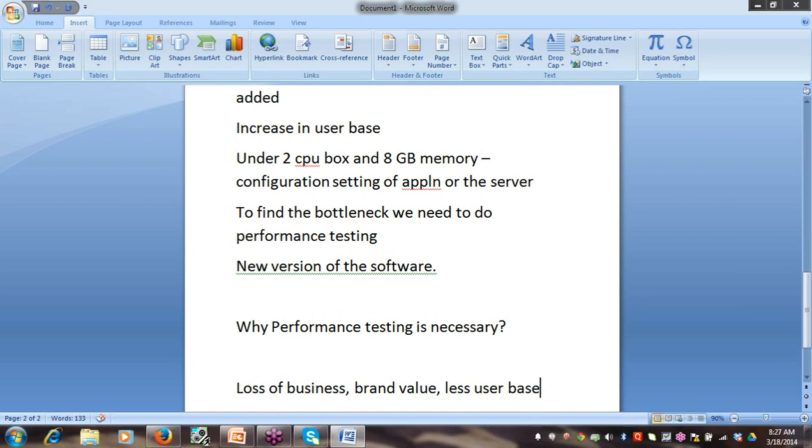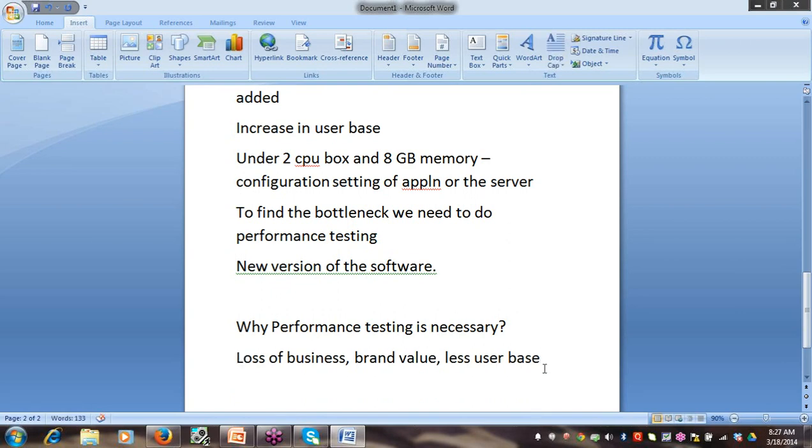That is why performance testing is necessary in today's scenario, also because of the complex architecture we have across applications.